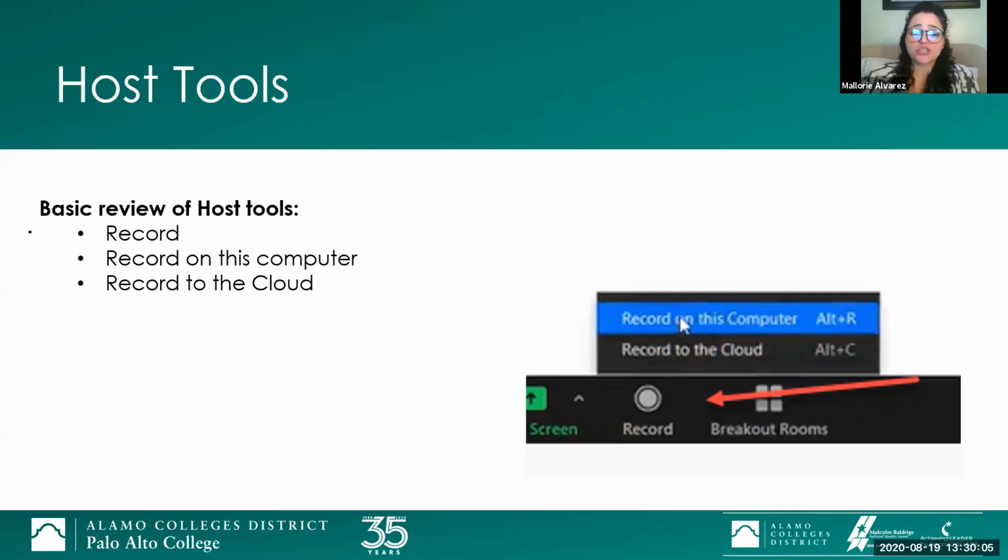I also saw a question from Diana: can you download the participant list at the end of the meeting? In my advanced Zoom session, I'm going to be going over that, and there's going to be a section all about running Zoom reports. So please go through Alamo Talent and sign on. If you're unable to make that session, I'm going to be providing other sessions Monday and Tuesday of next week at 4 p.m. I believe Ross is going to be adding those in Alamo Talent.